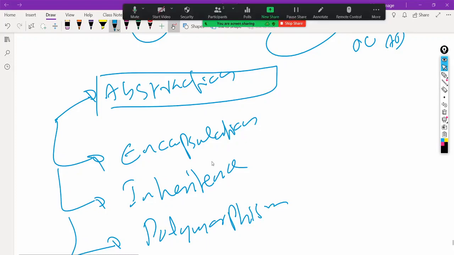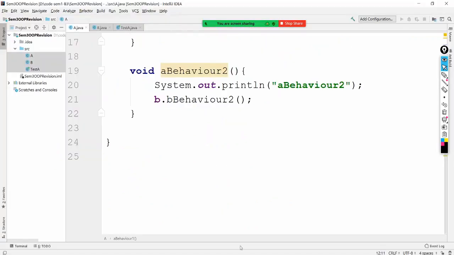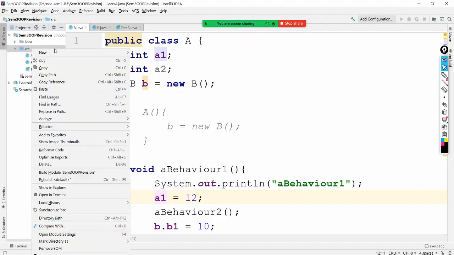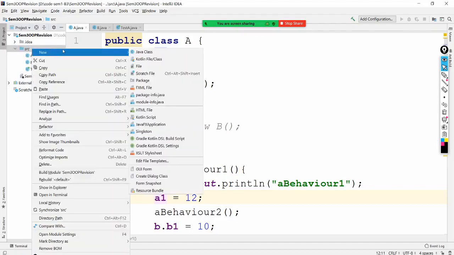Of course, I don't want to explain it at code level. If I want to demonstrate it at code level, this is not a very good example, because A, B are too abstract to explain the concept of abstraction. So I have to come up with some real world scenario, not A, B, C, etc. Let's say this is the exact example I used when I explained object oriented programming in your semester 1 also, the account class,